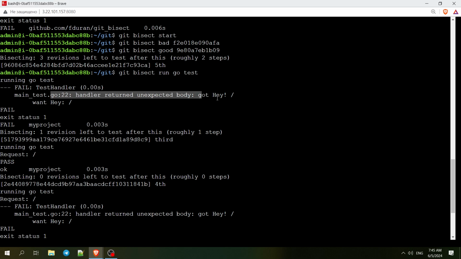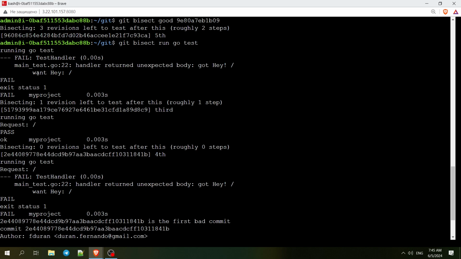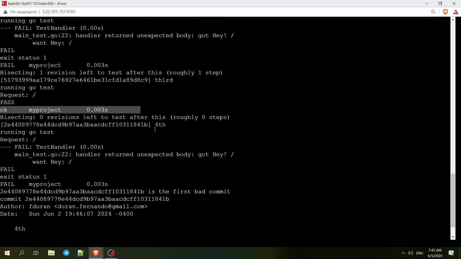So this is running, one revision left, blah blah blah. It ran from the first one to the last one, and we have the third running go test pass. So the third one passed. Then it uses the fourth one and it's failing. So it indicated that the third commit was okay and the fourth one was the bad one. The fourth commit, this is the long hash, and it's saying this is the first bad commit. So we're going to take this long hash and